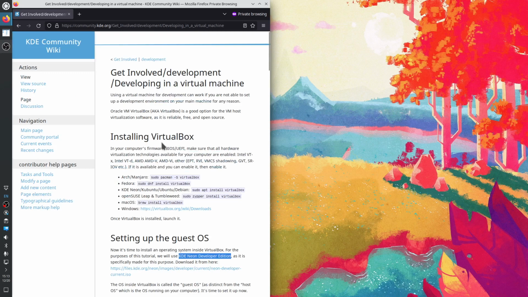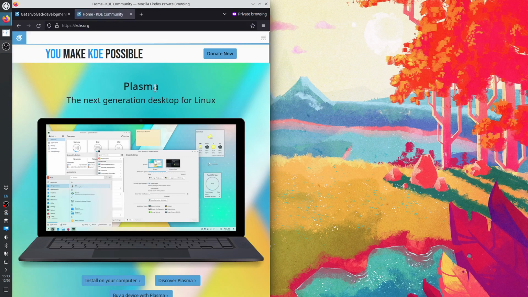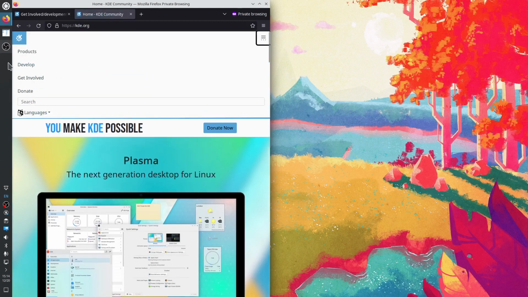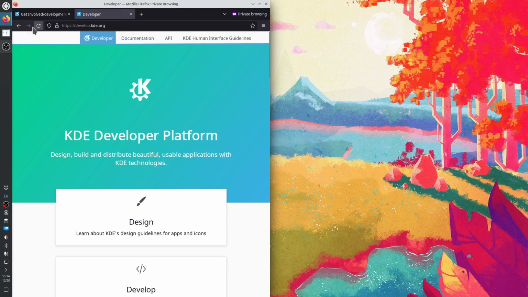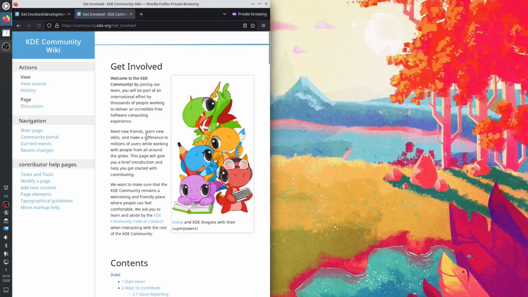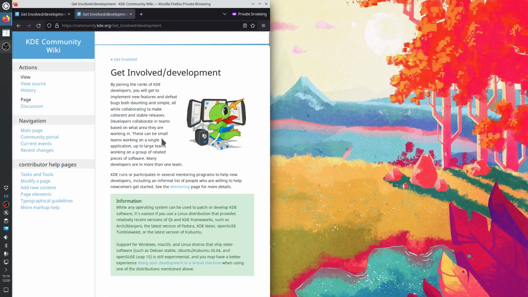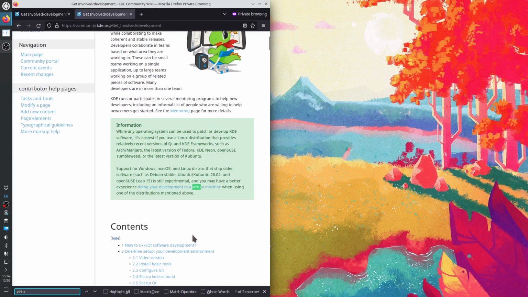So let's get started. How do we get to this wiki page? We start from kde.org, which is the website of the KDE project. We go to develop, where are you? Get involved, development, and then we search for virtual. And it says that